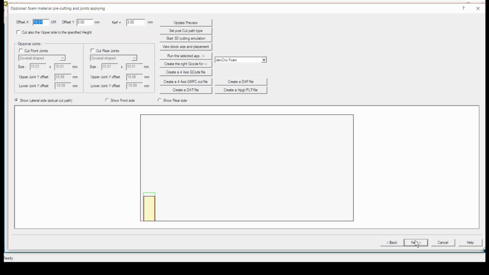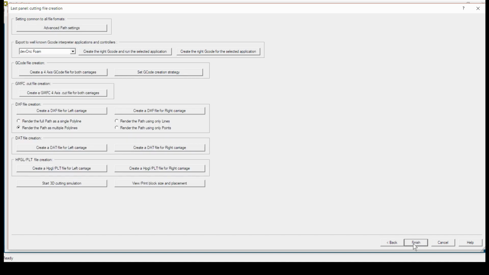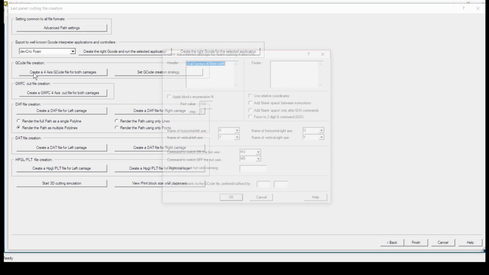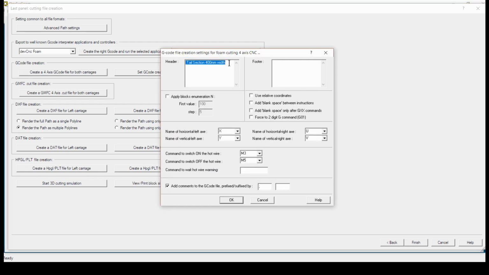Go next. This section here I never use. This was pre-cut in your blocks. And then what we do now is I just go to create 4-axis G-code for both carriages. And we can put a description here. So I generally put the block, could spell block 1 and 2. And then I'll put